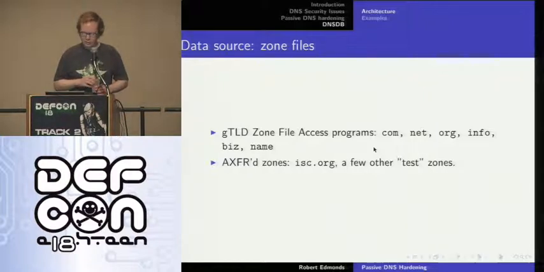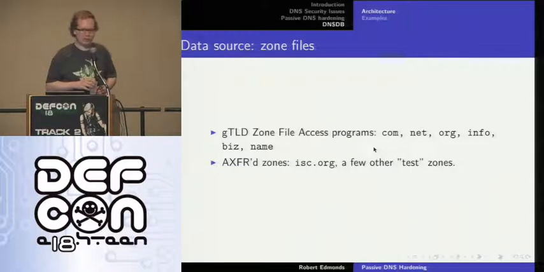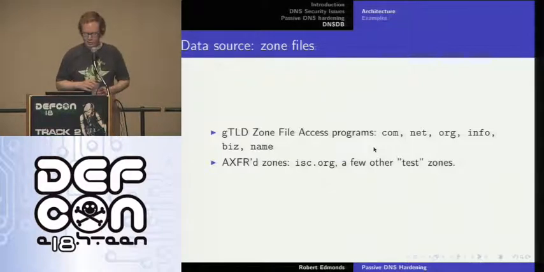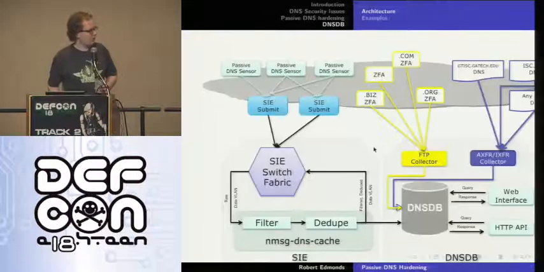The TLD data provides us about 8 gigabytes of DNS data every day, and the passive DNS is probably a whole lot more than that. And we also operate a DNS server that slaves a few zones like ISC.org, and when those zones get updated, via AXFR or IXFR zone transfer, they get archived and processed and inserted into the database. This is a crazy diagram of our architecture that scaled poorly,